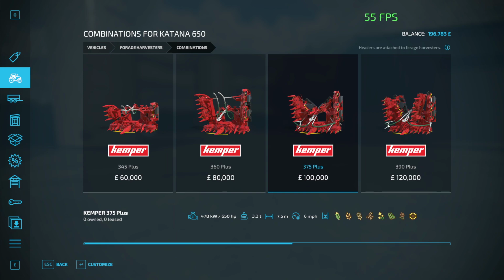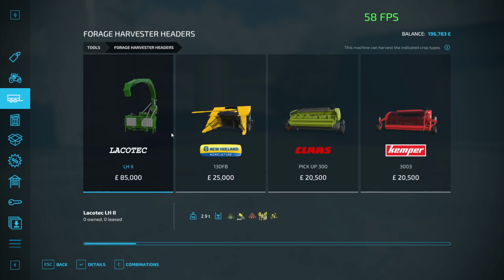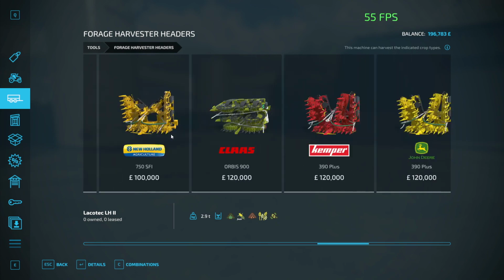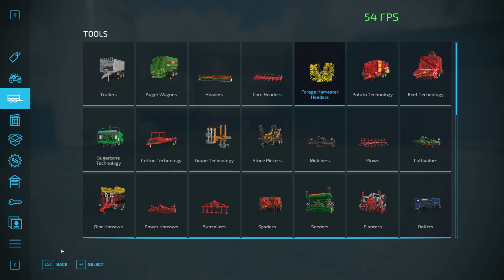That's the biggest header we can run on it, 7.5, or we could drop to 6. Got a feeling, okay, let's go look at headers. Forage harvester headers. The last header we had was that one. It's 5 meters, so I do kind of want the bigger one. So we would have to run it with the header